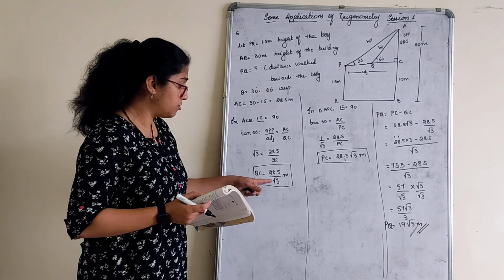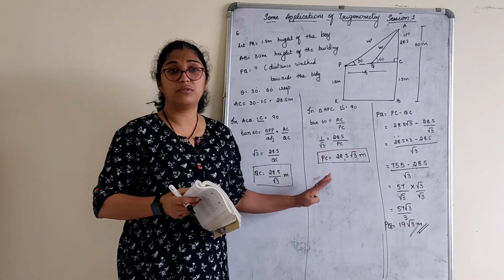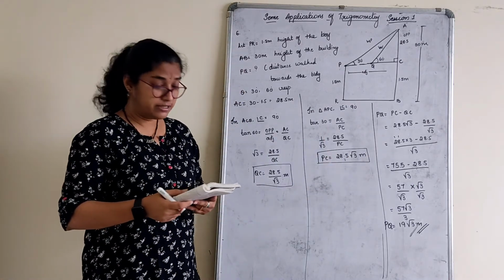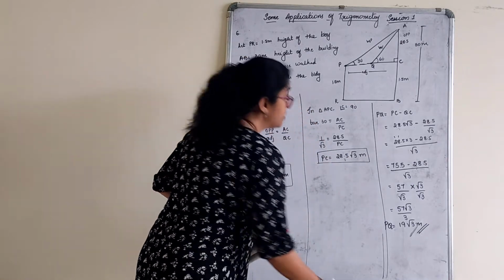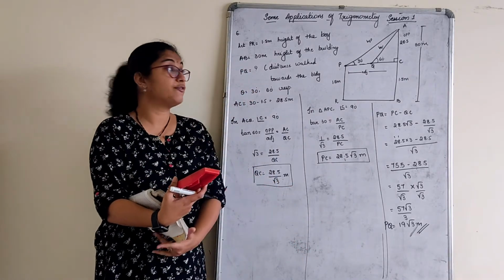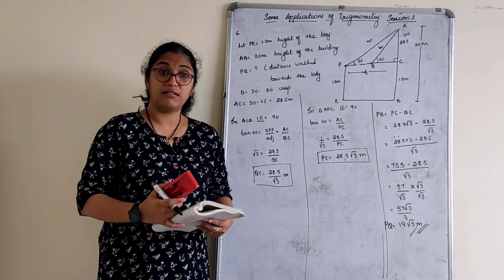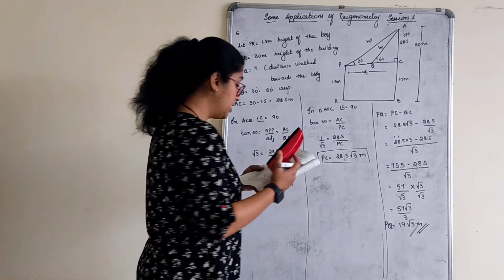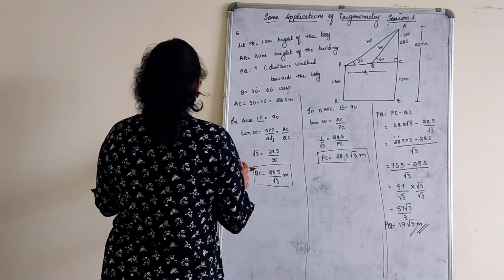So always do not do anything with the answers you get, root 3 here. Final answer you can actually do it. And the last sum for today's session, children, because you need to first understand what this is. If I go on solving today, you will have to know. First practice these sums thoroughly. Homeworks are given, do that, and then we'll move to the next one. Last sum for the day, 7th one.